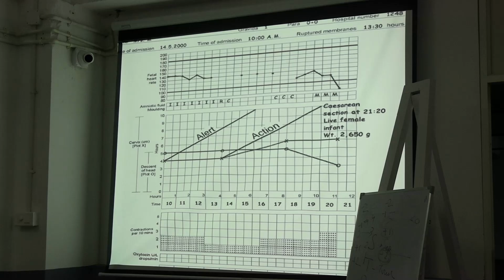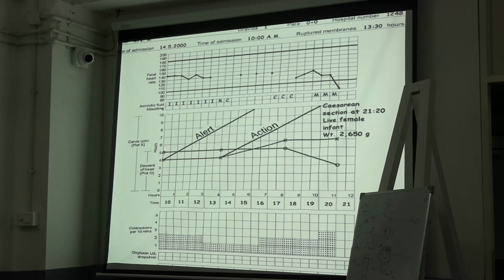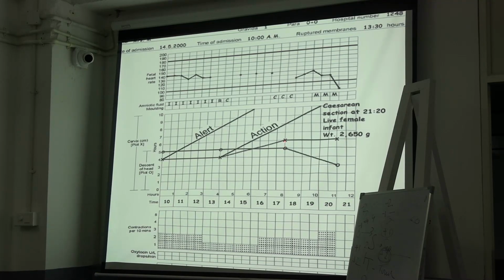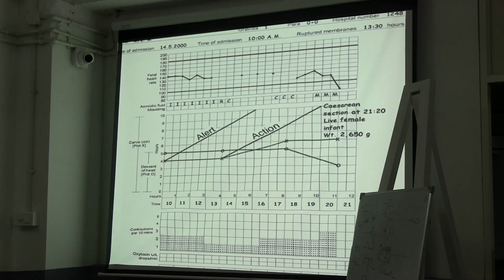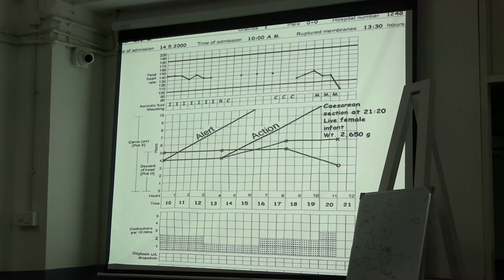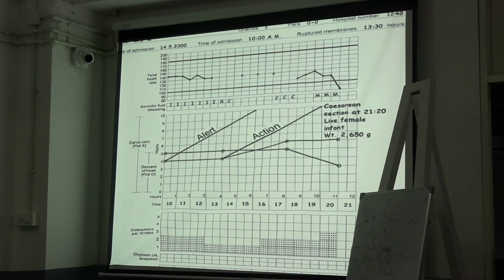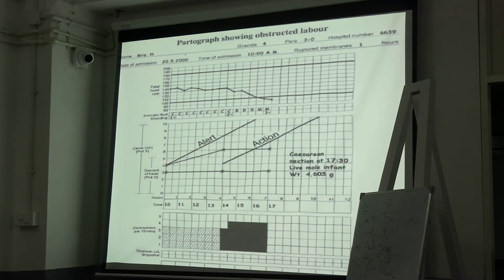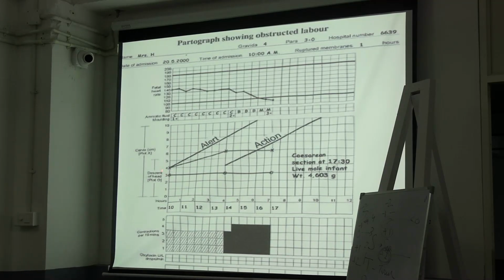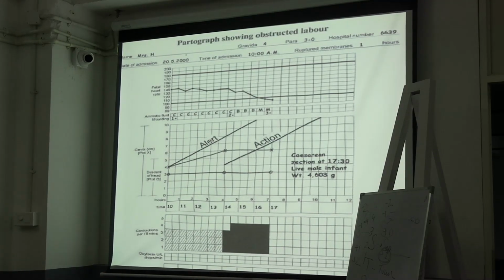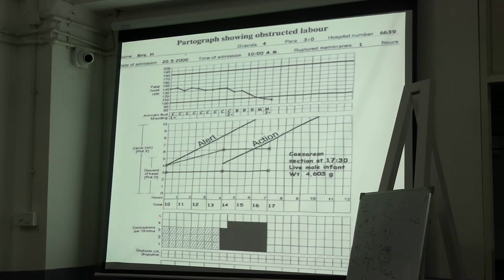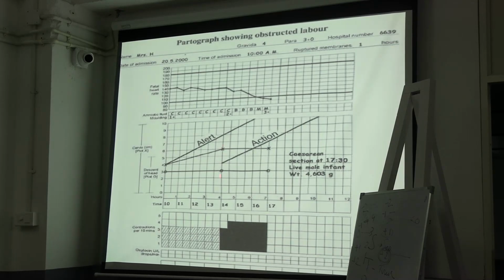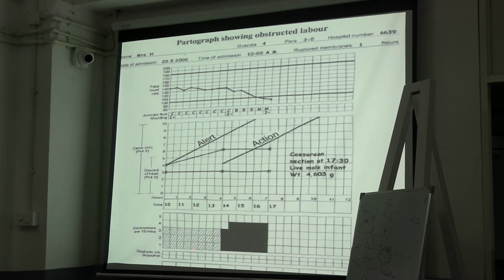And what happened to the descent of head? It was 5/5, and here when it was 6 centimeter dilated, it was 5/5 only. After that it descended, but the other parameters were not good. That's why cesarean section was done. Here what we can see, the patient was 4 centimeter dilated at say 12 p.m. And after 4 hours it was 6 centimeter dilated. What is the contraction here?